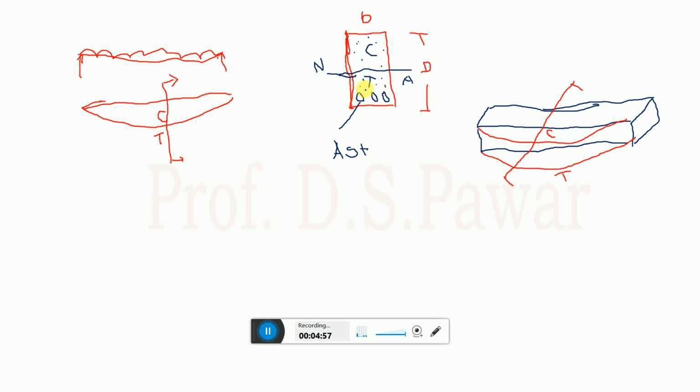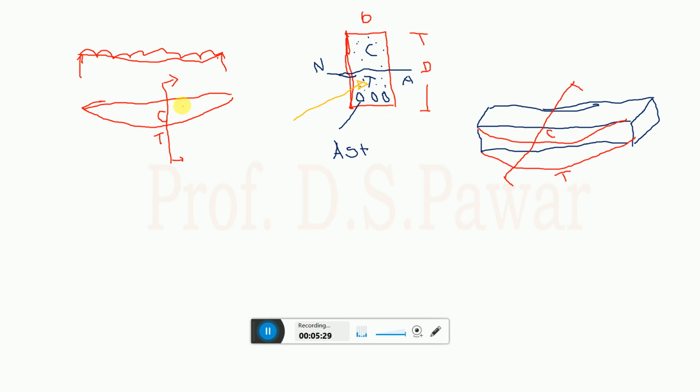So my question to you people is this: when the contribution of concrete in tension is neglected, what is the role of this concrete which we have placed in the tension zone? For which purpose are we going to use this concrete? Nearly half of the dimensions of the beam section, we are going to provide concrete.